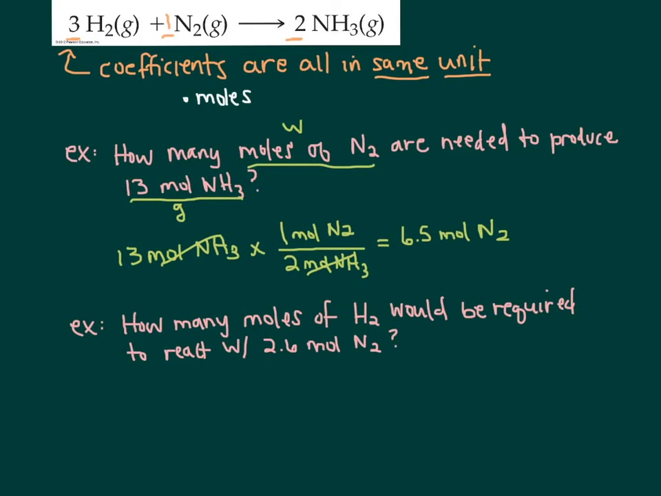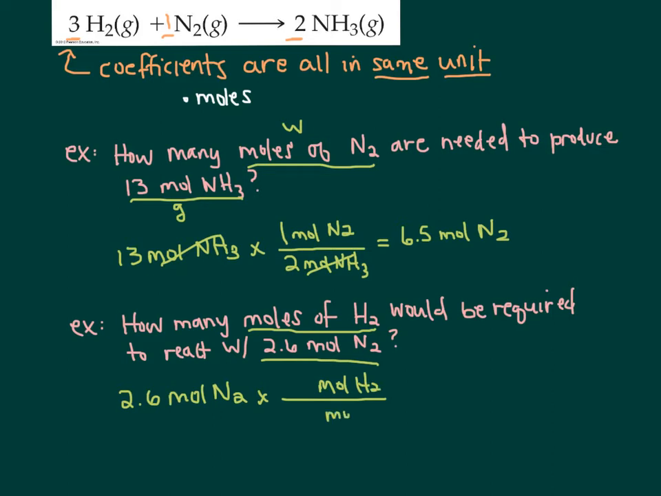Okay, let's do another example. Same equation, we're using the H2, N2, and NH3 equation. How many moles of H2 would be required to react with 2.6 moles of N2? So we want moles of H2, and we were given moles of N2. So we start with what we were given, 2.6 moles of N2, and we are trying to turn that into a number of moles of H2,